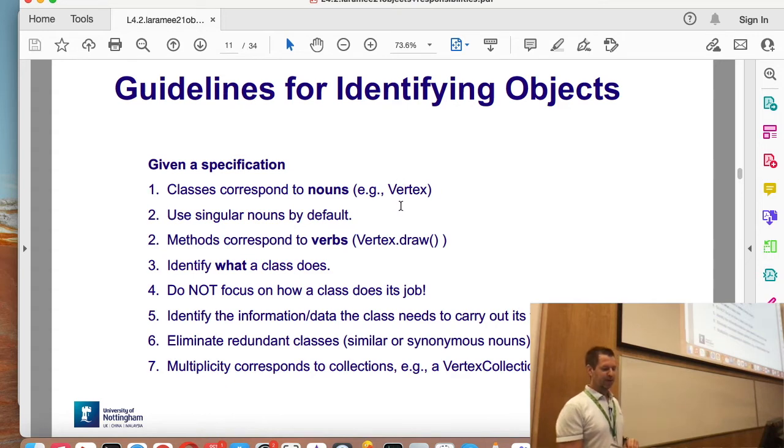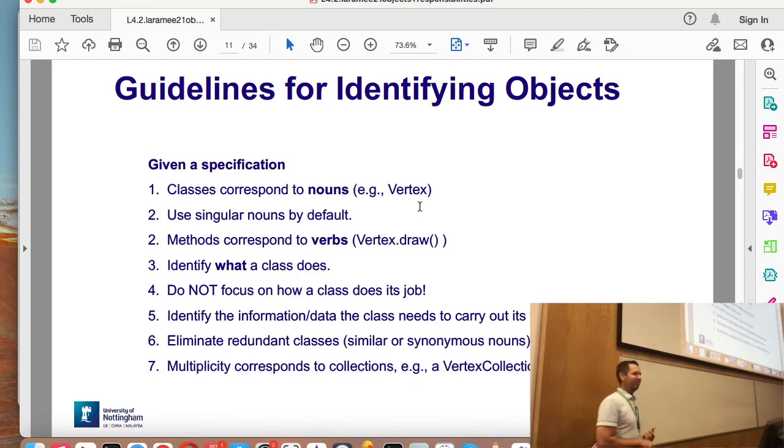So, for example, vertex would not turn into vertices. You would never call a class vertices. You might call the class something like vertex manager or vertex collection or vertex list, but you would never have a class called vertices. And you would never have a class called tires. You'd have a class called tire and then tire manager, or tire collection, or tire list, but you'd never have a class called tires. I know some of you have made this mistake in this class. You think, oh my gosh, I can't believe I just called my class tires.